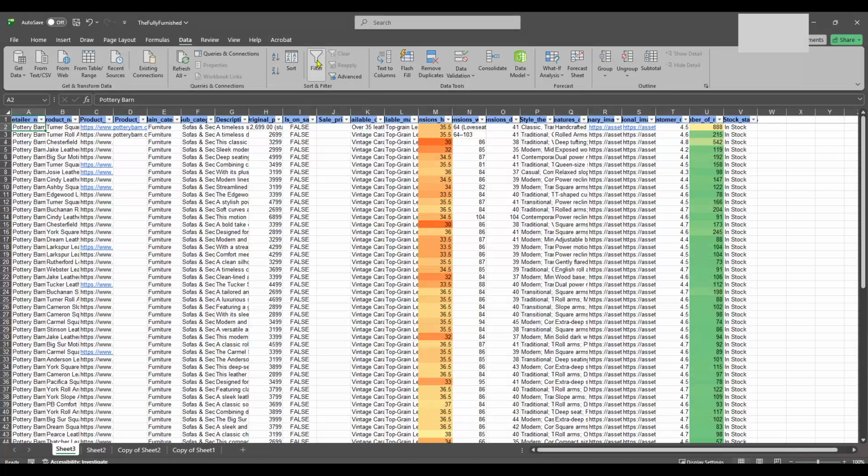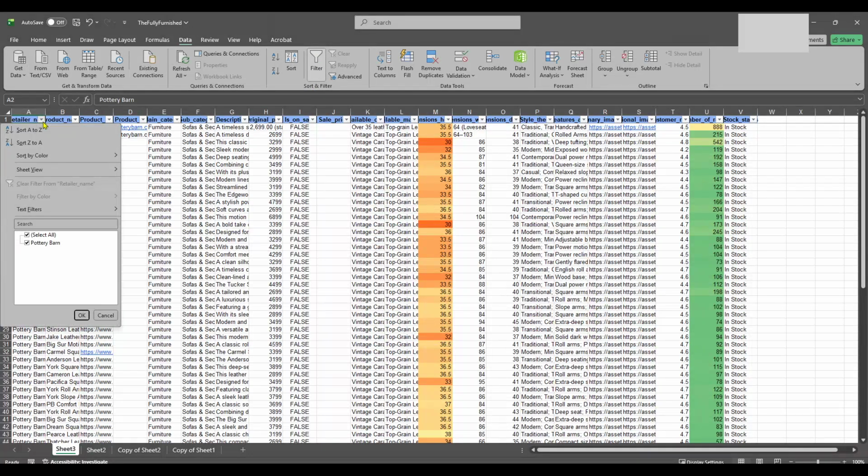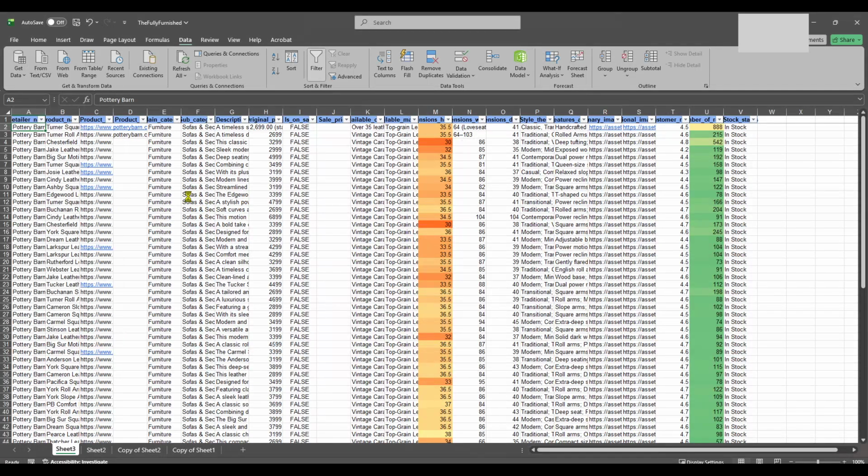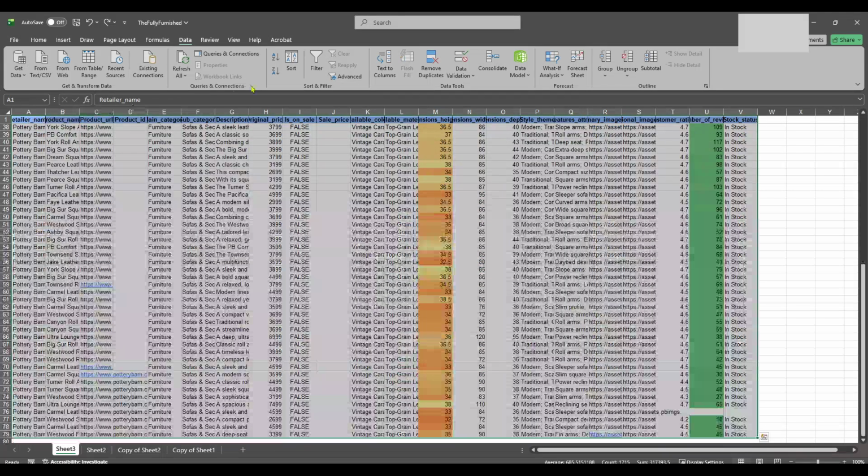If you haven't already applied a filter to your data, you can do so by highlighting the relevant columns and then clicking the Filter button. This will add a small drop-down arrow next to each column header, enabling you to select specific criteria you wish to focus on, whether it's sorting numbers, text, or dates.